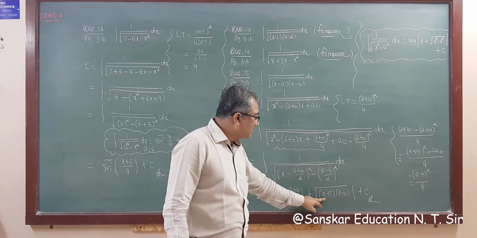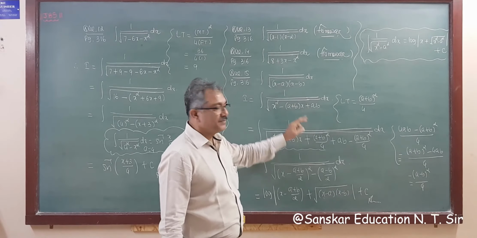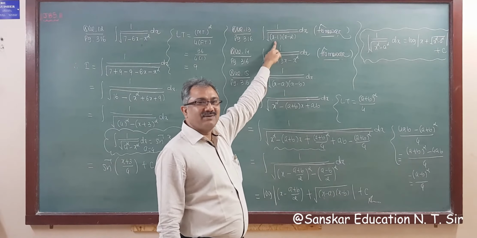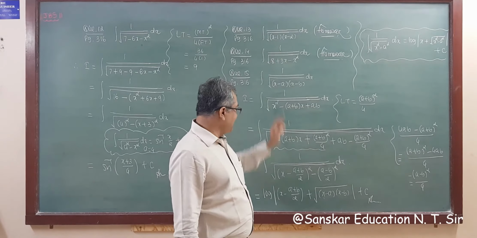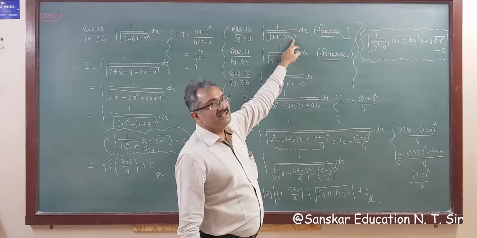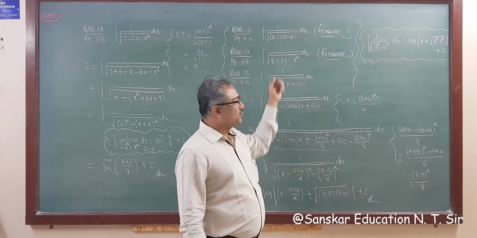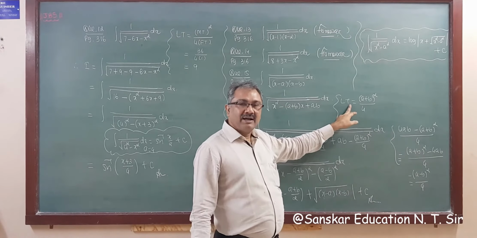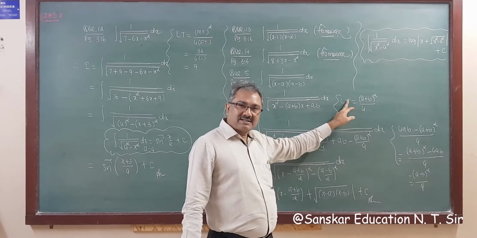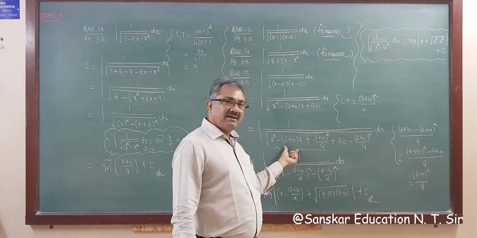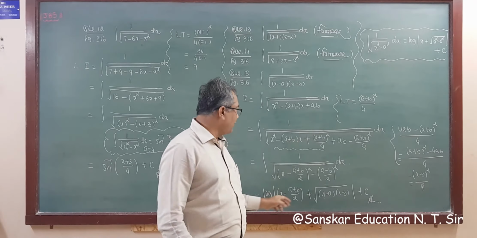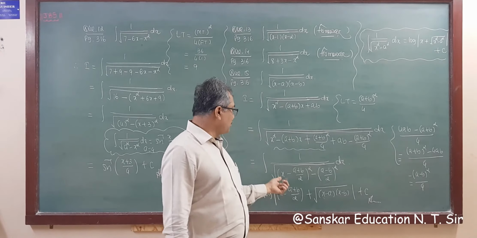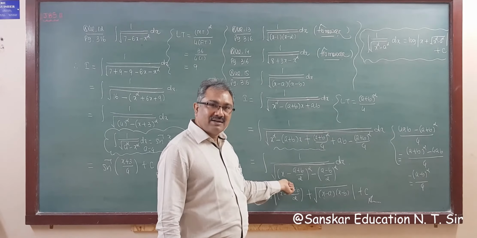So that's why I am writing directly this (x minus a)(x minus b). So now this question is very easy. Take a is equal to x minus 1 instead of a, and x minus 2 instead of b. So expand like this, find out the last term, and after finding the last term, make it a perfect square and apply any one formula of root, that is this formula, or the root x square plus a square formula, right?